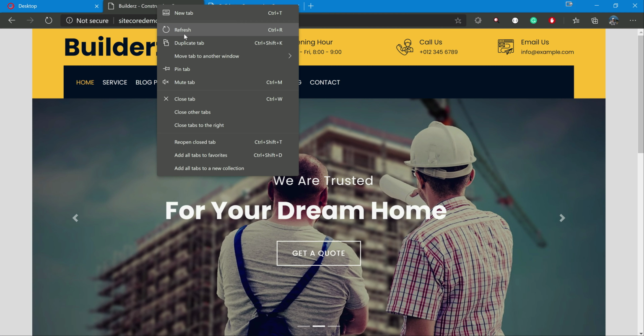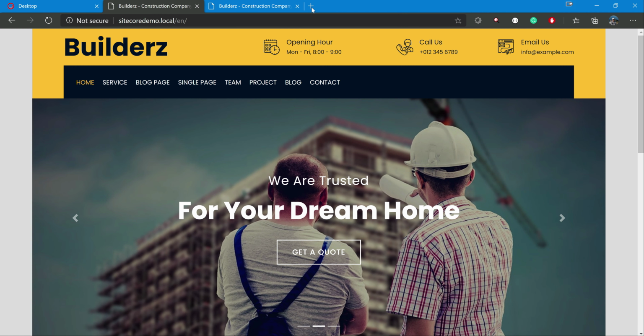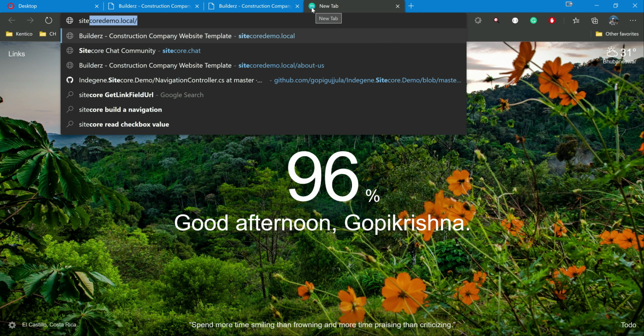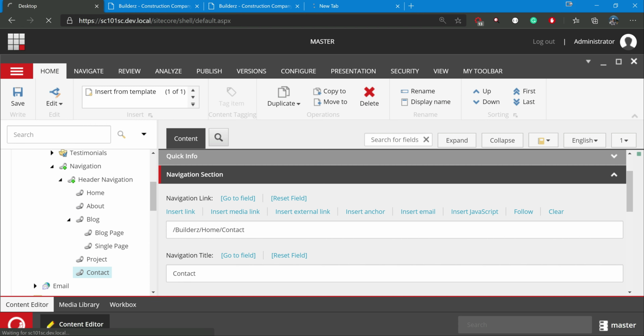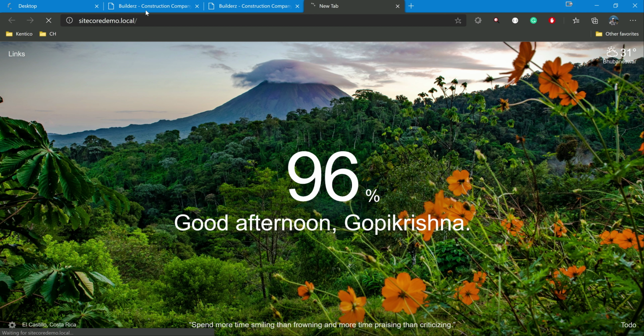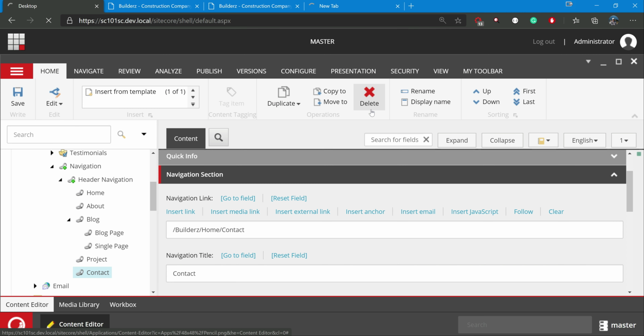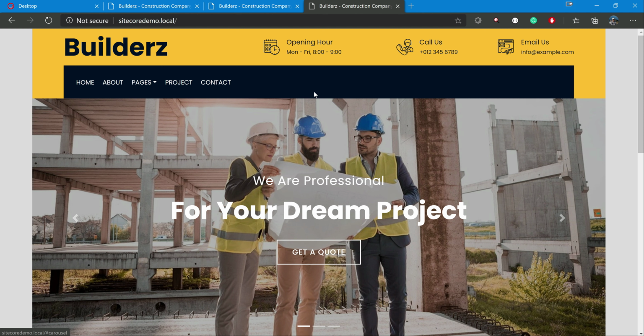Okay, now this is done. Let me go and duplicate this, or I can put Sitecore demo.local. Okay, this has been loaded. So you can observe now home, about, pages, blog page and single page.